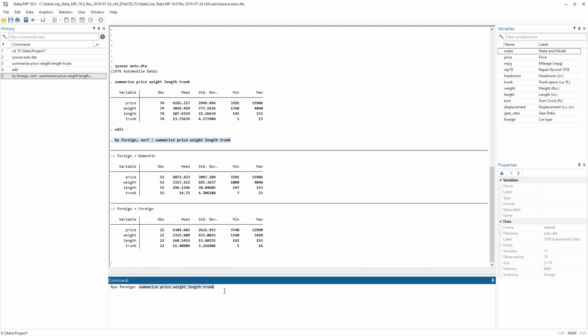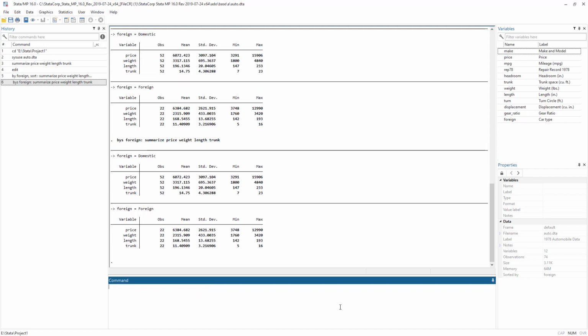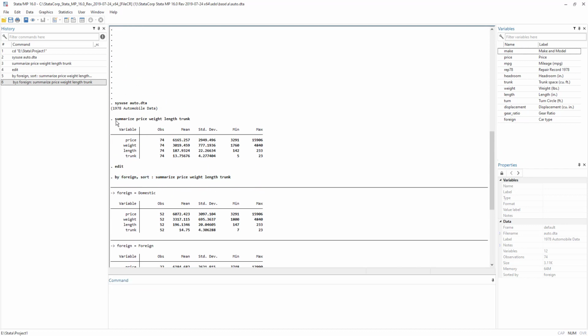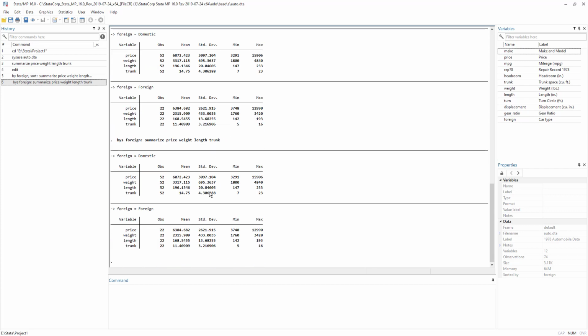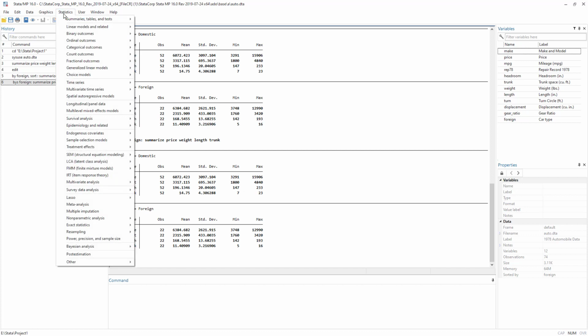So we want to perform this command for each category of the foreign variable. I just did this for additional statistics, but our main descriptive statistic is this one. So we copy and paste this in our file and interpret it. Now let's move towards correlation.